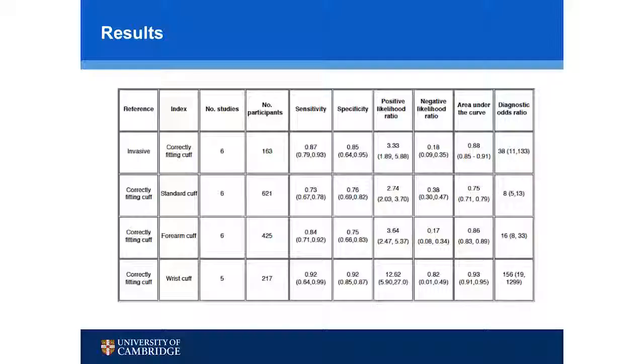So these were the main findings. There were quite a lot of gaps in the comparisons that we made, but for the ones that we did find, just for reassurance, if you compare invasive measurement with a correctly fitting cuff, that had an area under the curve of 0.88 and reasonable sensitivity and specificity. If we switch our reference test to a correctly fitting cuff, and look at the area under the curve, the wrist performed better than the forearm, and the wrist performed better than the standard